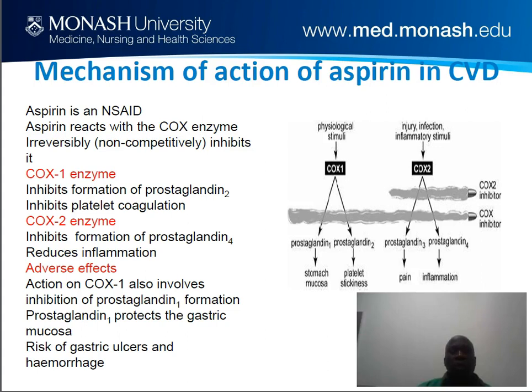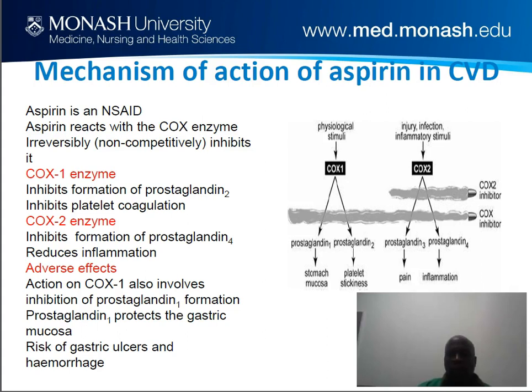So, let's look at the mechanism of action of aspirin in cardiovascular diseases. Aspirin is one of the drugs called NSAIDs, representing non-steroidal anti-inflammatory drugs. It reacts with the COX enzyme and irreversibly inhibits it. The COX enzyme basically catalyzes the production of prostaglandin. And these prostaglandins are involved